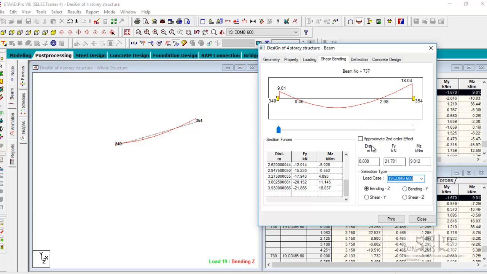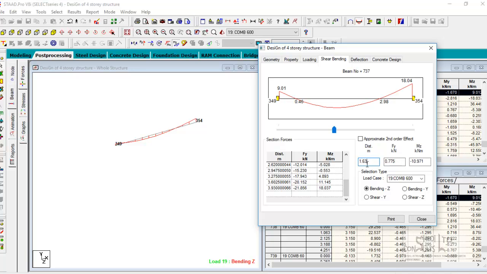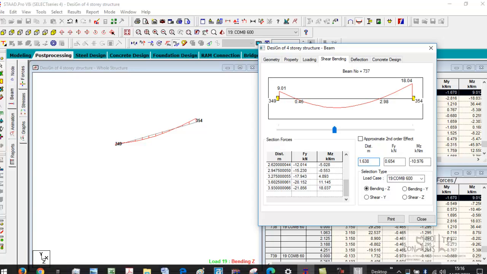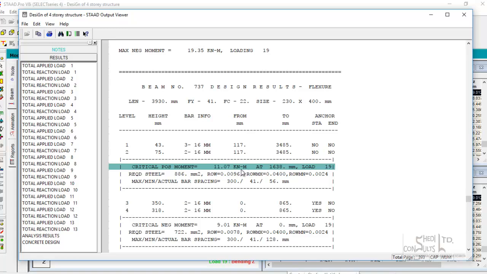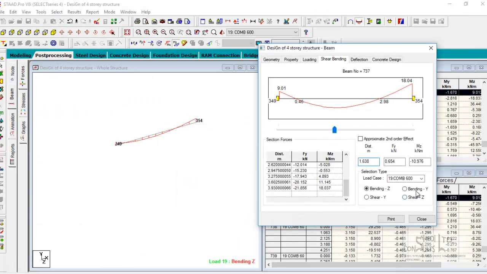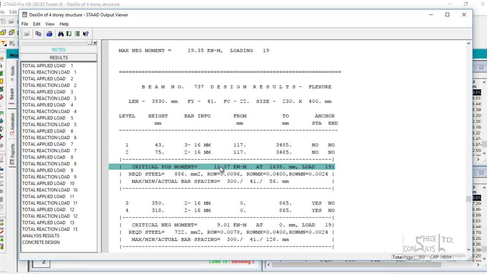11.07. Where is it? So you can always put the distance here, 1.638. As you put it, the slider will move. So 11.07 at 1.638, load case 19. Okay, yes, it's about 11, because this approximates to 3 decimal points. If you change it into 4 decimal points, it will give you approximately 11. So this gives you the analysis engine results without approximation. But the environment, I put into approximation to 3 decimal points. That's why you are seeing